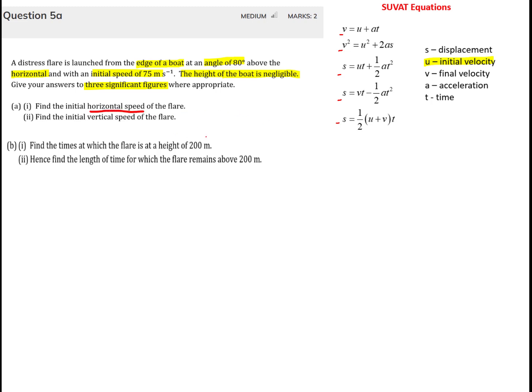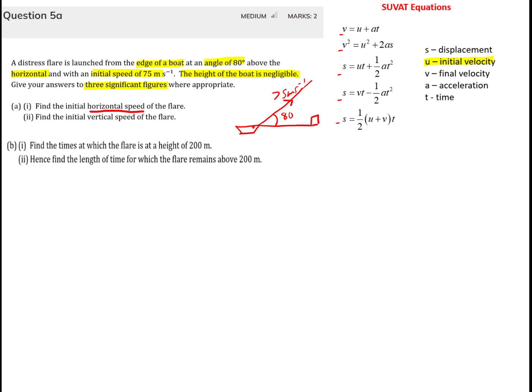So we resolve horizontally, but let's look. We draw a triangle. Imagine this is the boat, but its height is negligible, so we can just treat that as ground level. From the horizontal, it's at 80 degrees, and yes, 80 degrees is steeper than this, but just so you get the idea. Now that is going at 75 meters per second,